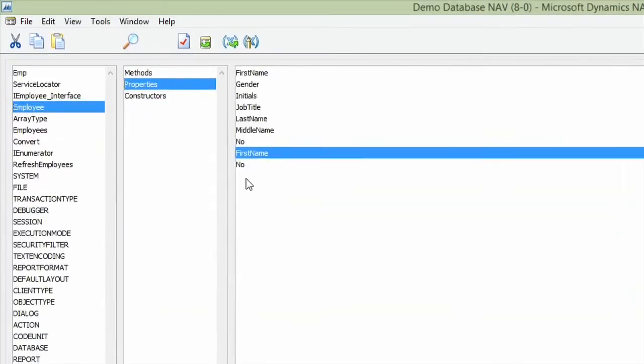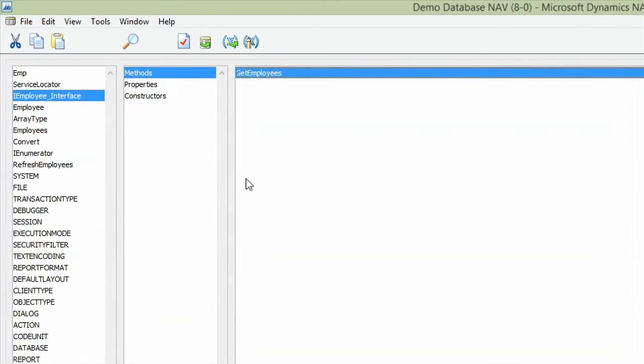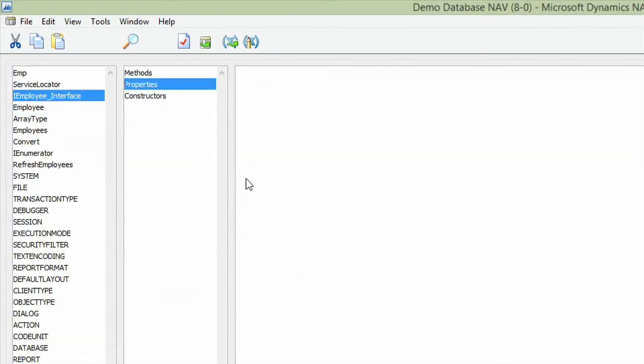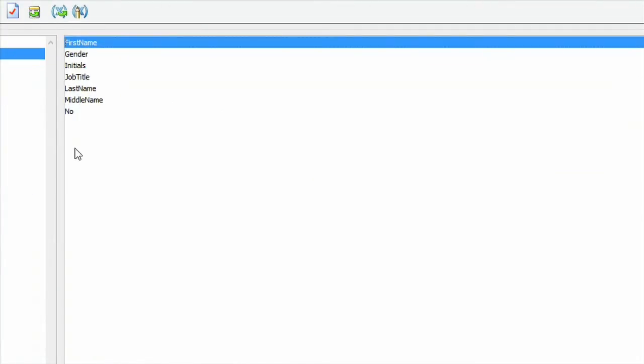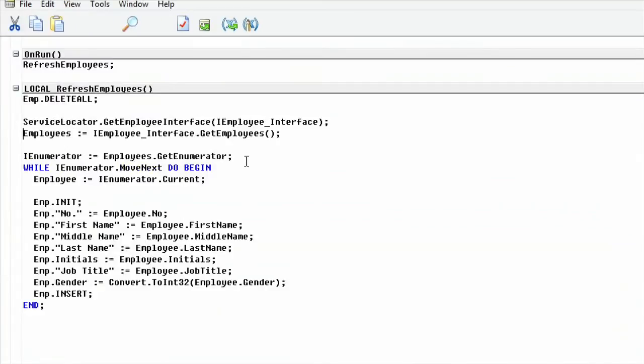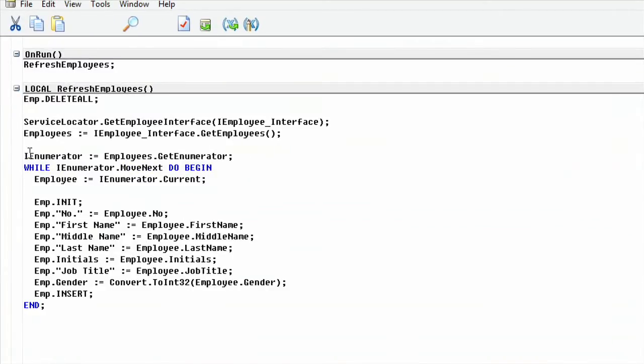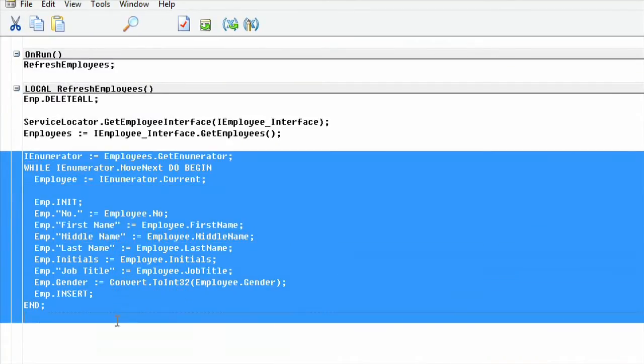If I take a look at the interface class, it just has that method, nothing else. But I know that it returns to me the array of the entity that I'm interested in, this one, my entity. And essentially, this piece of code works regardless of what is on the other end: NAV, file system, SAP, CRM, whatever.